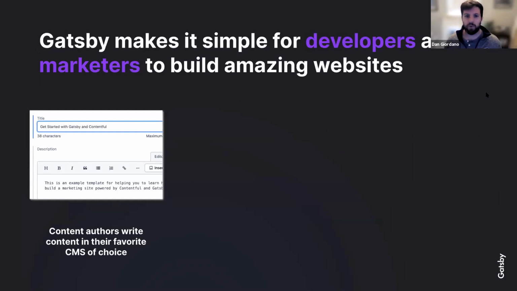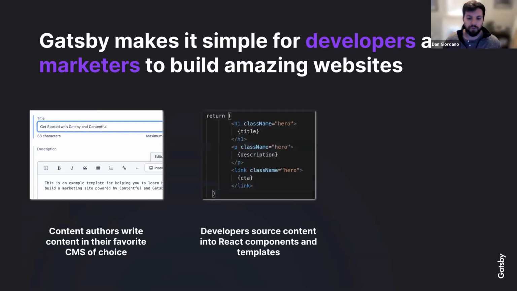And again, we follow this three-step phase here. Gatsby makes it simple for developers and marketers to build amazing websites together. So content authors are writing content in their favorite CMS of choice. Developers source content from these CMSs into React components and templates.